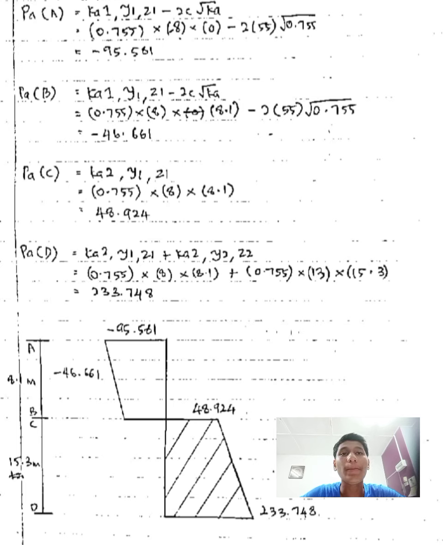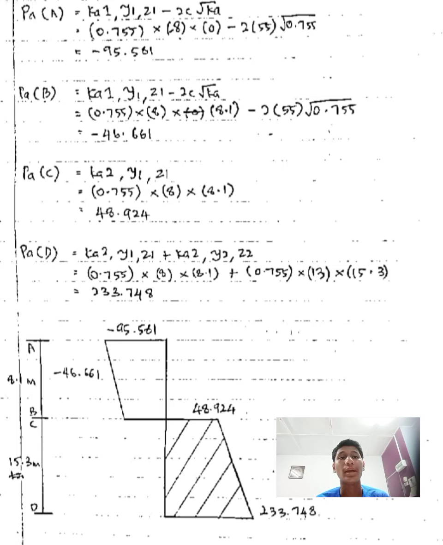For the PAB, same formula as PAA, we will get negative 46.661, and for PAC, we will use Ka2, where